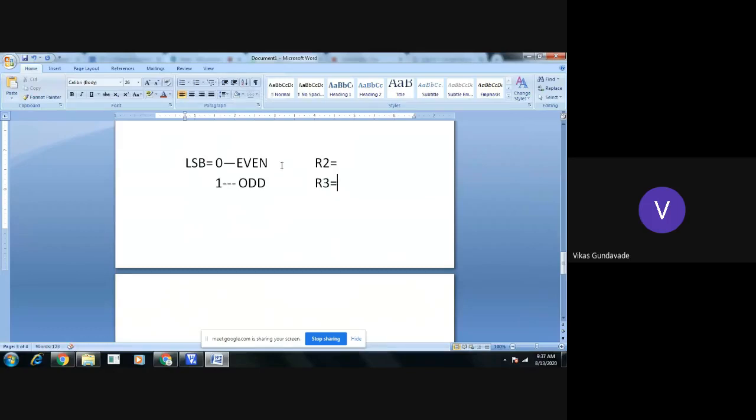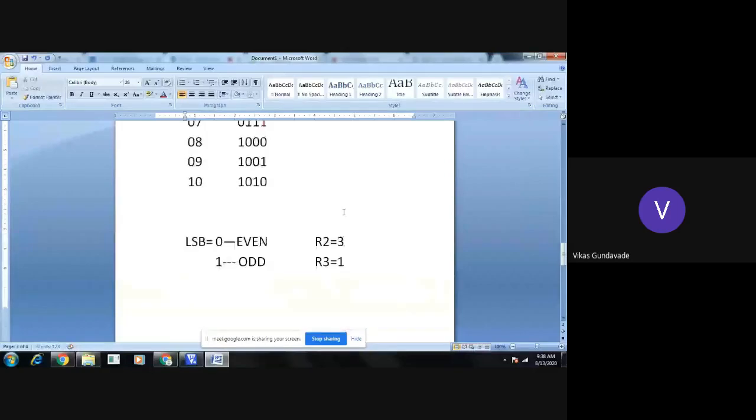If we have got one even number, the count of R2 will become 1. If our second number is also even, the count becomes 2. The third number is odd, so the count of R3 will become 1. For the fourth number, if it is even, then R2 becomes 3, and so on. So from the complete array, we will check how many numbers are even and how many are odd. This is the simple process we need to put into this program.